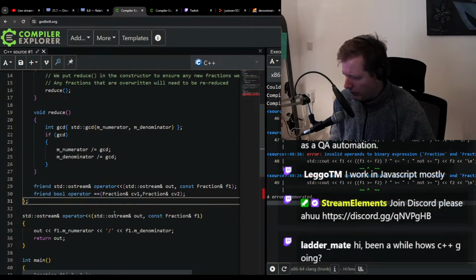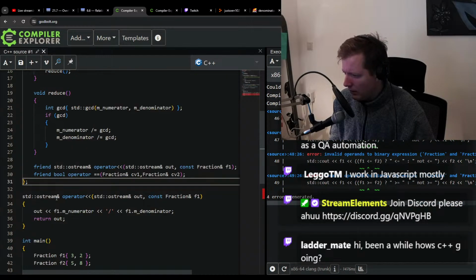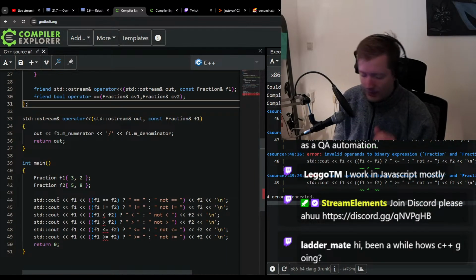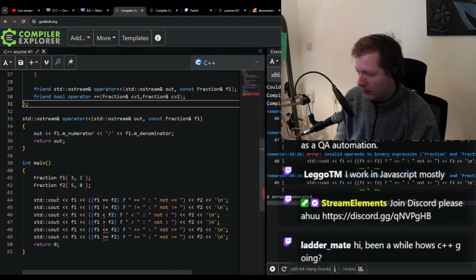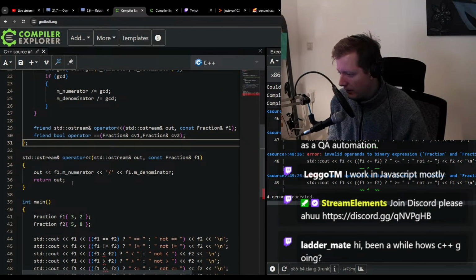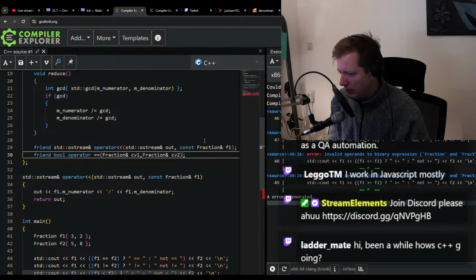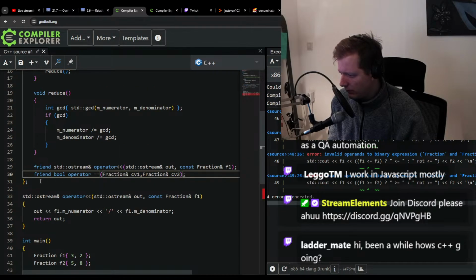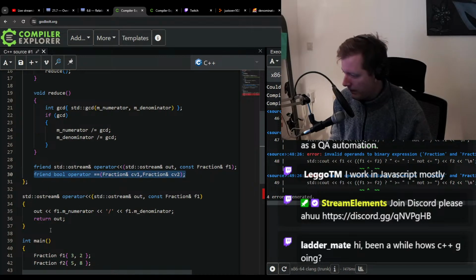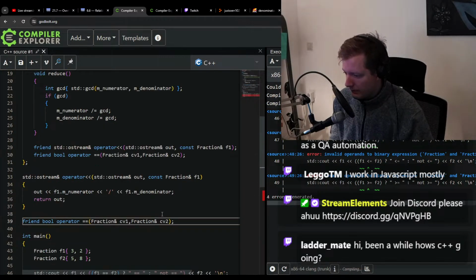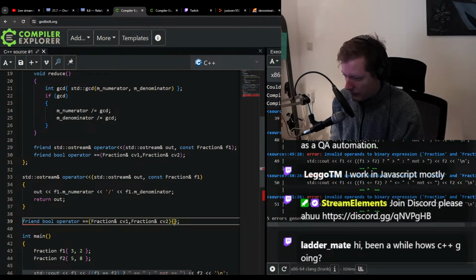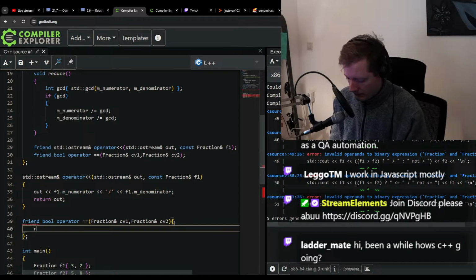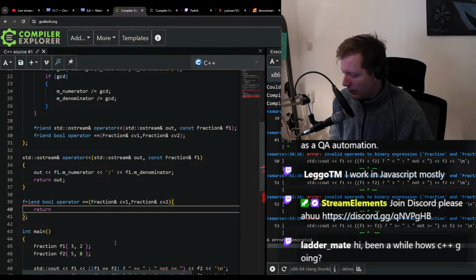Are we gonna define it outside the class, right? So we have these 2 as an input. I mean, we could already define it here if you want to. For this,